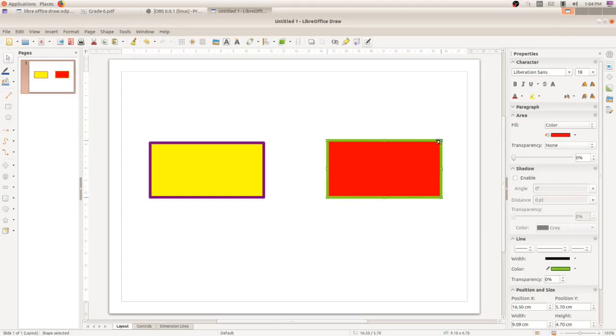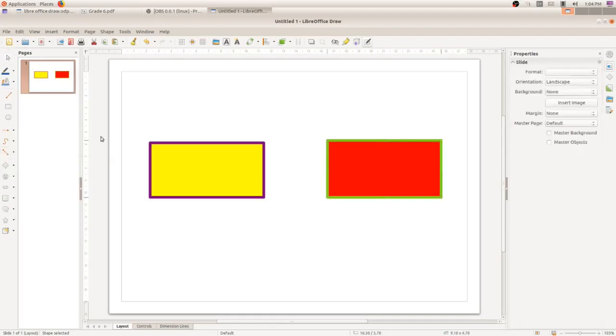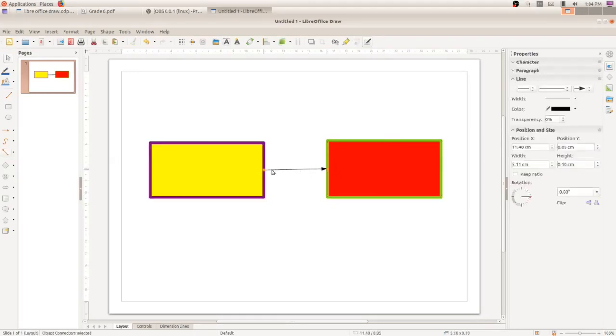Now suppose I am going to use a connector here. This is the connector tool. Click on a straight connector and connect using the glue points. So the line color tool can also be used to color the connector. Here you can see the line property, with width and color.